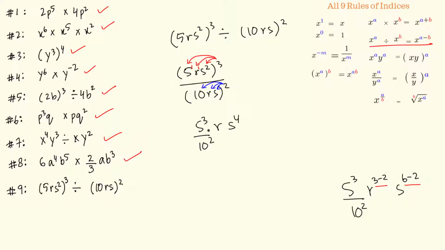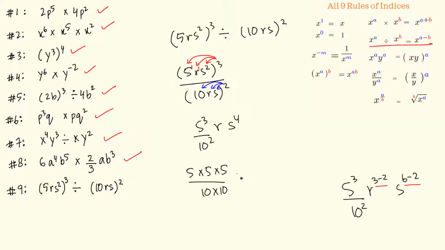So what I'll do over here, either I can use a calculator to directly find the value of 5 cube divided by 10 square, or what I can do over here, to avoid using a calculator, 5 cube I can write as 5 times 5 times 5, because the power tells how many times a number is getting multiplied by itself. Here I have the power of 3, so this means 5 is getting multiplied by itself 3 times. And in the denominator I have 10 squared, so this means 10 times 10.